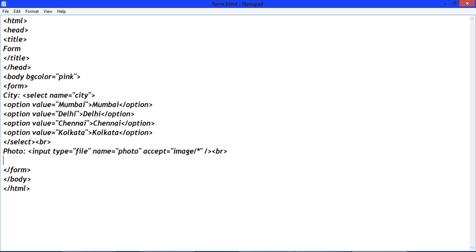Okay, right here input type equals to submit, name equals to submit, and value equals to submit.